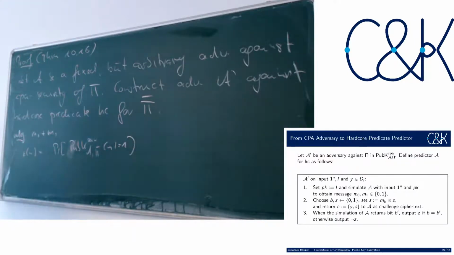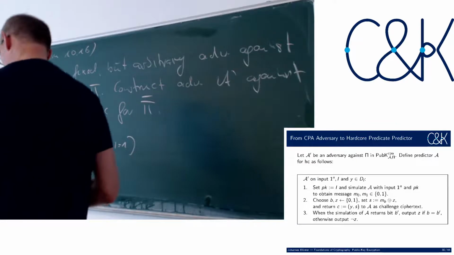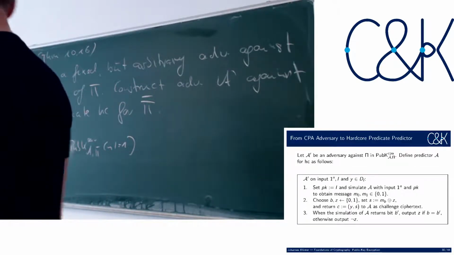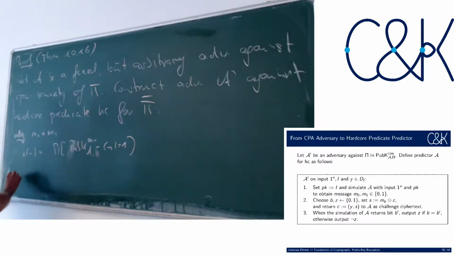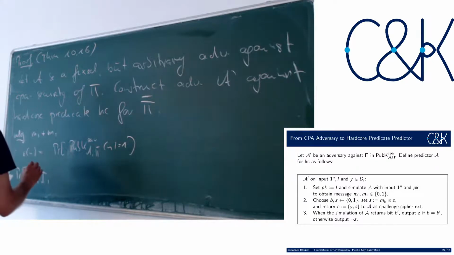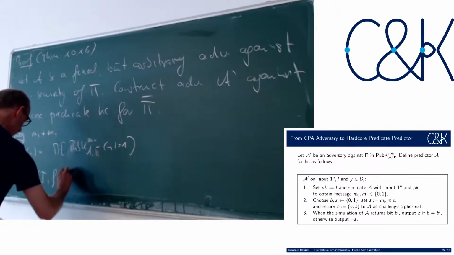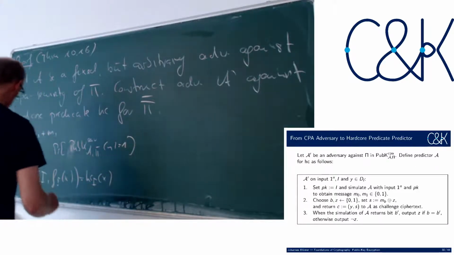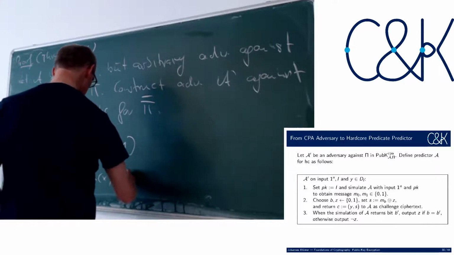And we want to analyze the probability that our A prime computes the hardcore predicate correctly. So we want to analyze the probability that A prime on input I, f_I of X outputs HC_I of X, which is